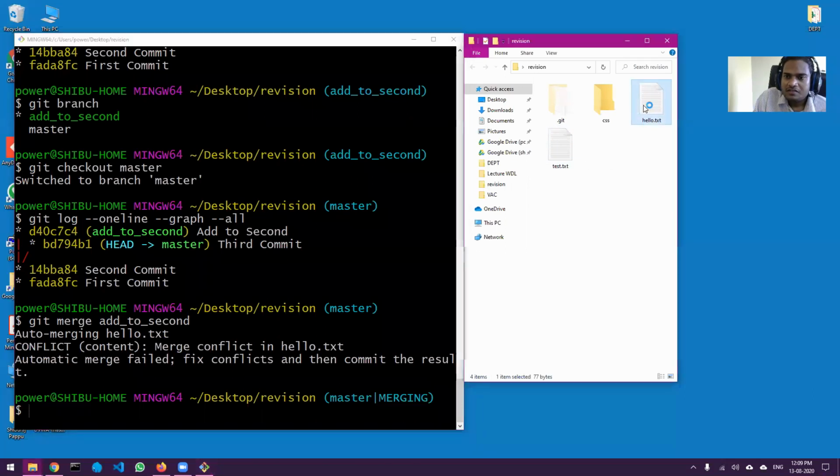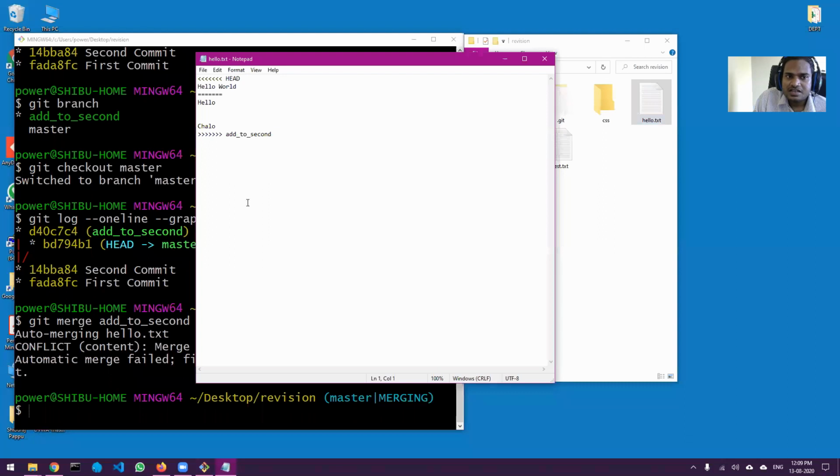But if you look over here, this is the conflict, and the conflict says there are three sections that are very important: the head section, the tail section, and the middle section.